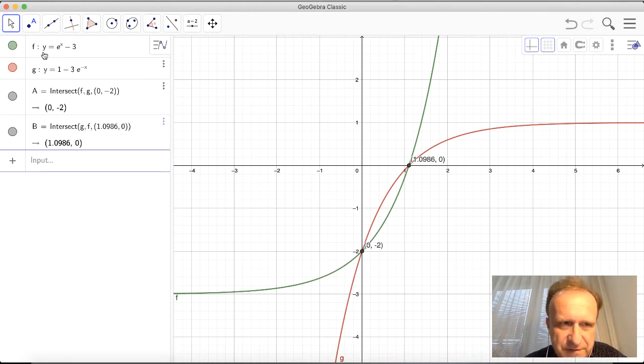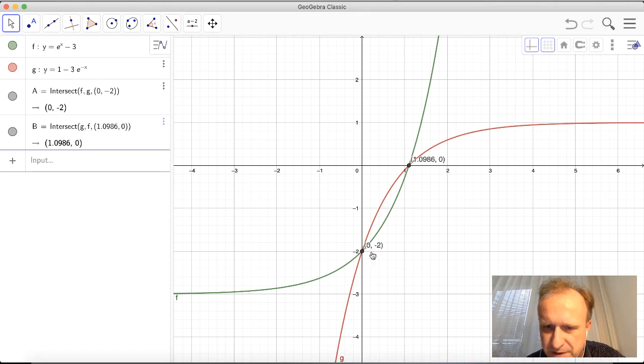So this is the first function, y equals e to the power of x minus 3. It's the function f, it's in green, it's this green curve. And the other function is function g, which is 1 minus 3 times e to the power of negative x, and it's in red. You can see it here. Now, there are 2 points in which these two curves intersect, and what I did, I asked GeoGebra to